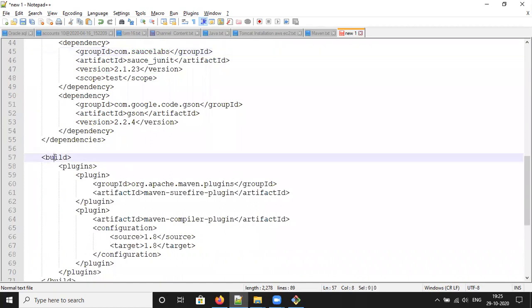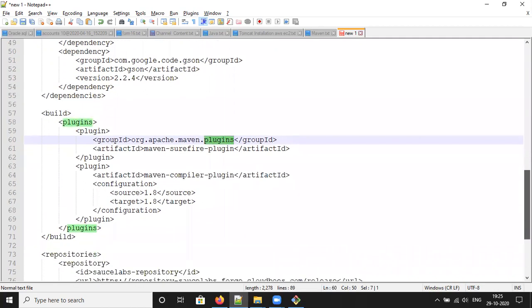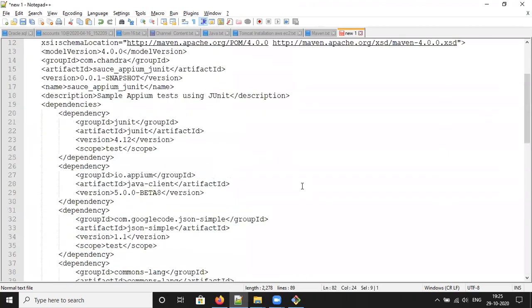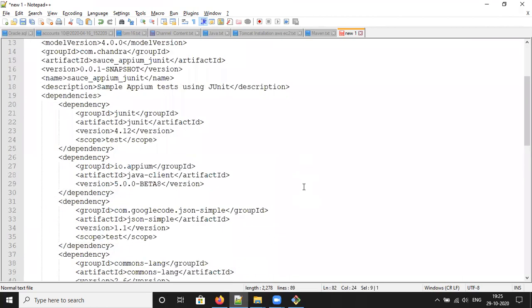And finally, the build section, where you can build using Apache Maven. This is the default build plugin that we add, and you can specify the repositories also, in this Sauce Labs repository using HTTPS, SSL and snapshot. This is how you work with the XML file.